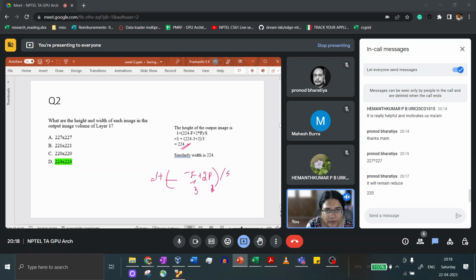But if you really want to understand this formula itself, I would suggest take a very small image. It doesn't have to be an image, just think of it as maybe a 3 cross 3 matrix, and think of maybe a 2 cross 2 filter that you have, right, and play around with maybe first just the stride.